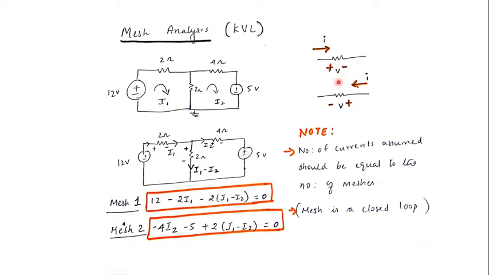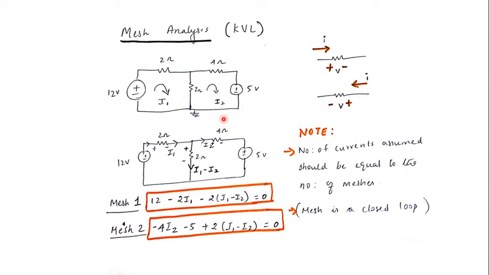If the current is flowing in this direction, wherever it's entering, it's a plus, and where it's leaving, it's a minus. So if the current is flowing in this direction, it's entering at this point of the resistor, so it's a plus here and a minus at the other end. Okay. And one more thing: before you start the circuit analysis for each mesh, first we should